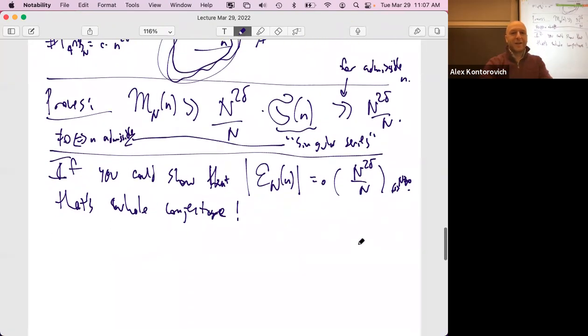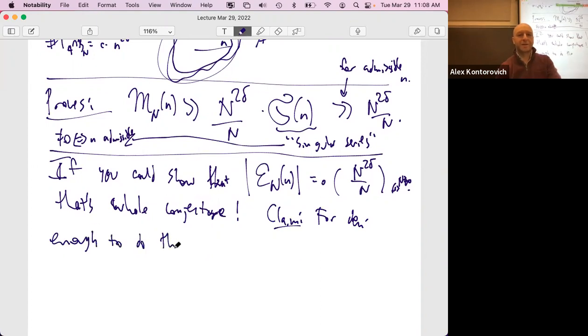I see. Okay, so if you could get little o of this for every individual value of little n in this range, that's the whole conjecture. I'm not claiming the whole conjecture. What I'm claiming is this on average. The claim is that it's enough for density one, it's enough to do this on average. Density one being the result of your paper. The result of the paper, exactly. On average,